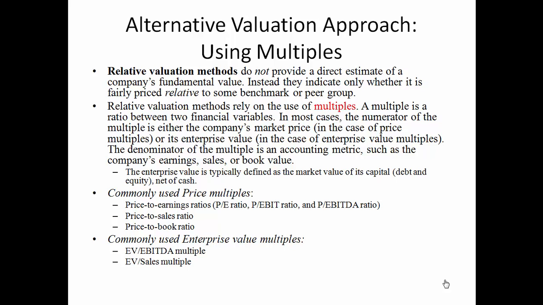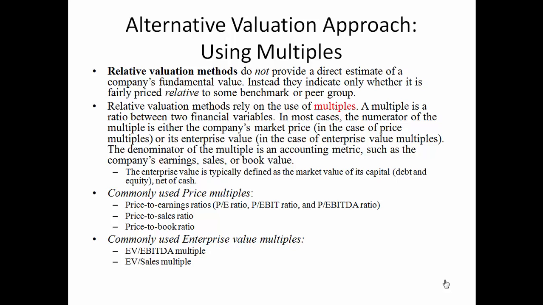Relative valuation methods rely on the use of multiples. A multiple is a ratio between two financial variables. In most cases, the numerator of the multiple is either the company's market price or its enterprise value. The denominator of the multiple is an accounting metric such as the company's earnings, sales, or book value. The enterprise value is typically defined as the market value of its capital, which includes both debt and equity, net